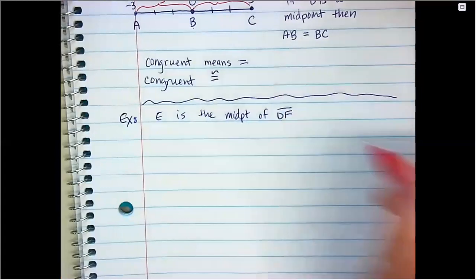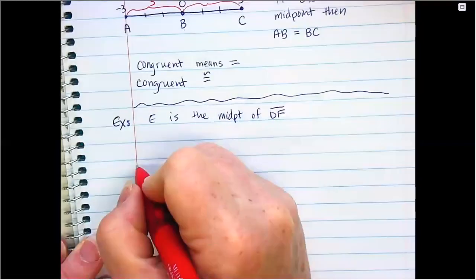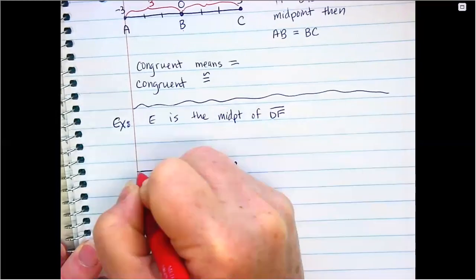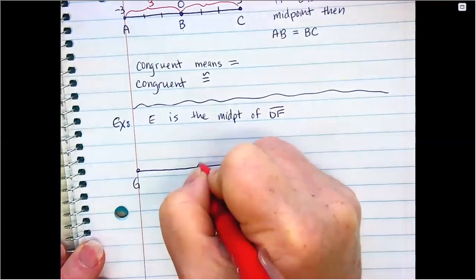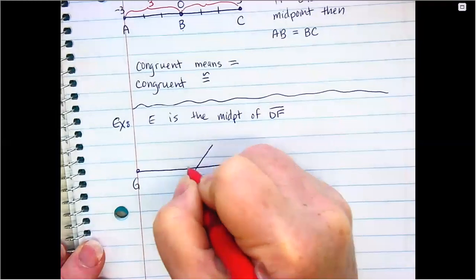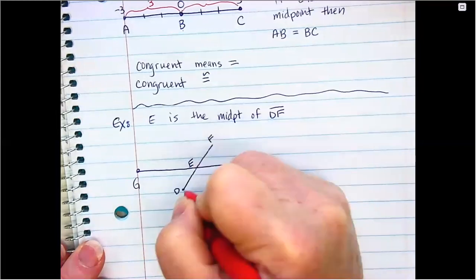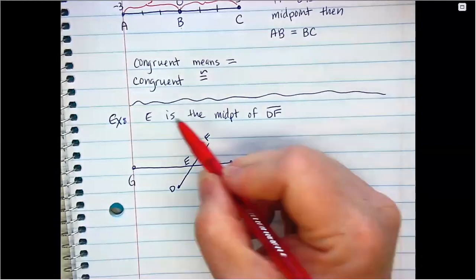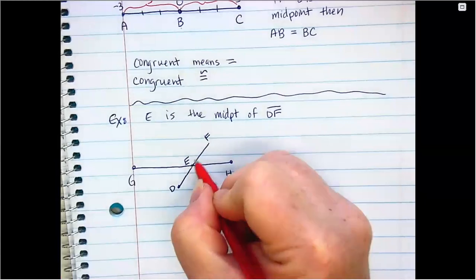Okay. So we know that a midpoint is in the middle. We said that. So I'm going to draw the picture. You do need to draw pictures in order to get full credit. Okay, so here's G, H, here's E, D, and F. Okay, so we're going to label the information that we're given, that information in bold. So E is the midpoint. So we know that E would be in the middle and that these two parts would be equal, the DE